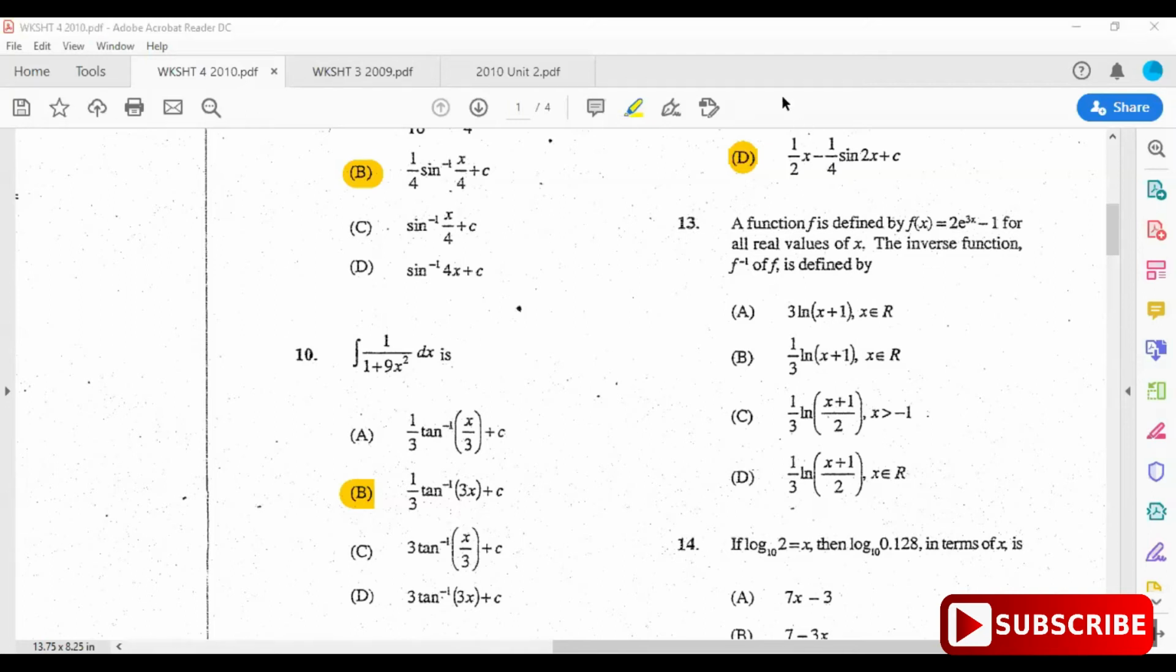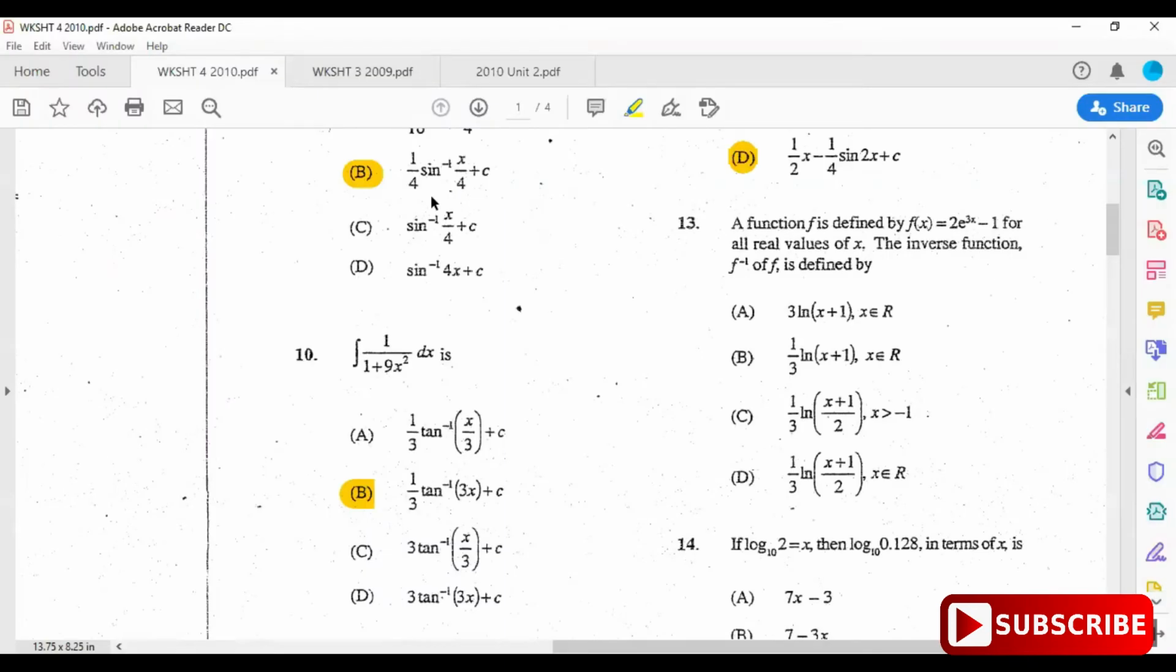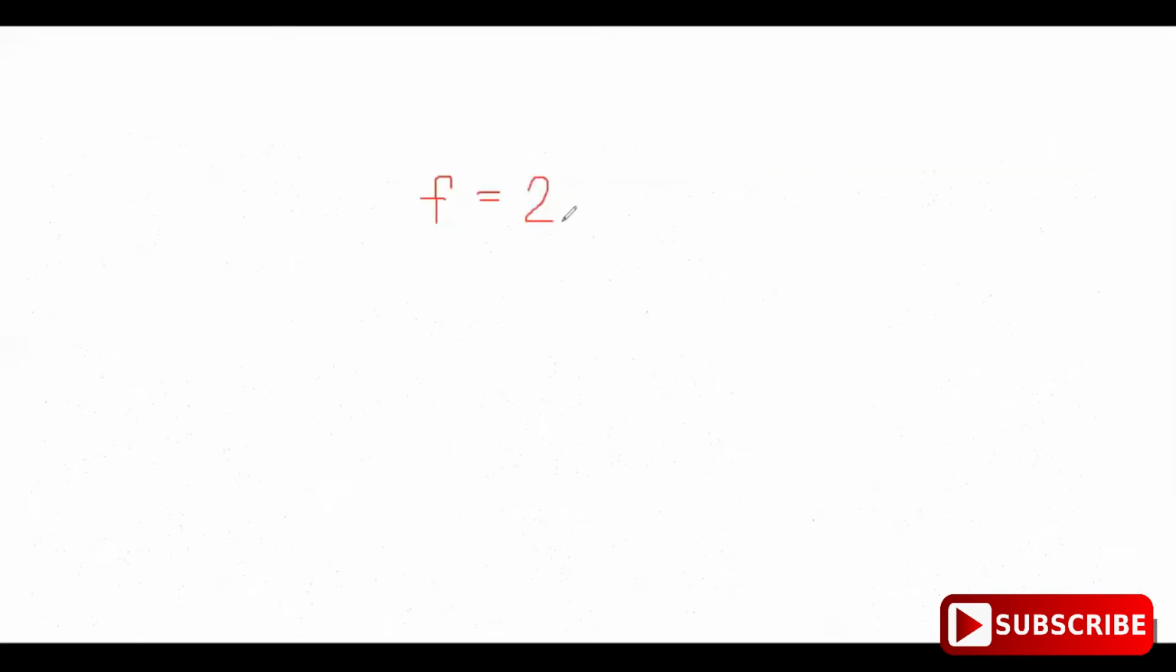So to find the inverse, what we do is say f of x, this f stands for f of x, is equal to, they told us, 2e to the 3x minus 1. So f is 2e to the 3x minus 1. And so to find the inverse, we interchange x and y. So you write x is now equal to 2e